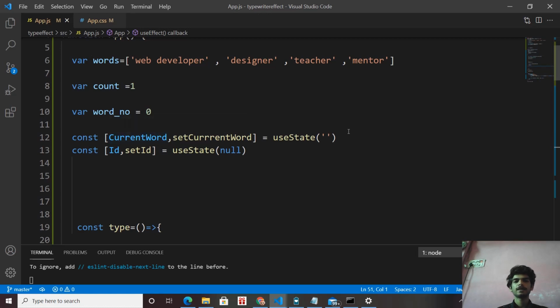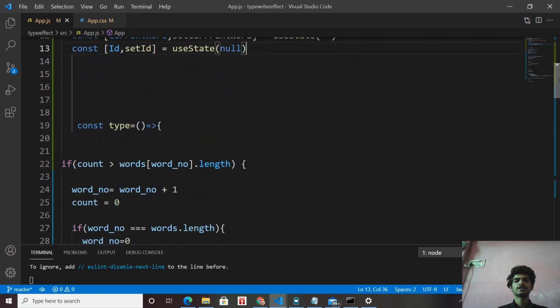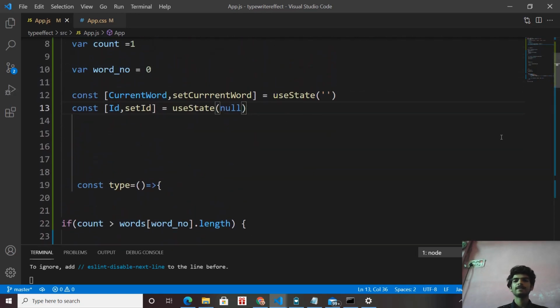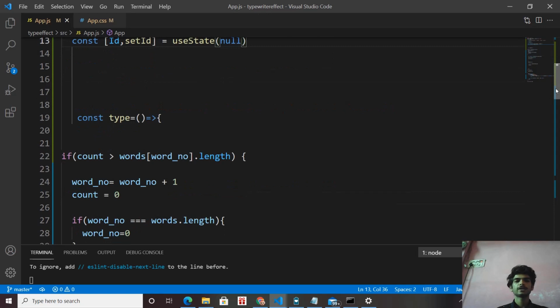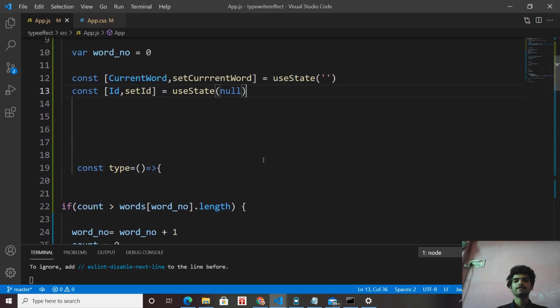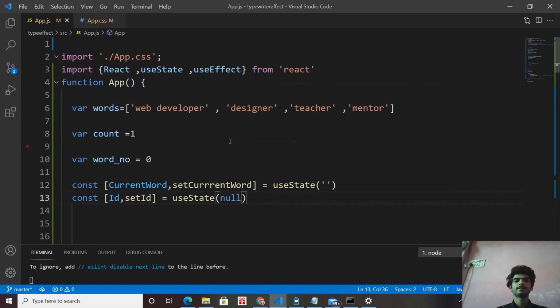That's why we have defined a use state current word variable and another variable id, because id is going to store the last value of the id that set interval is going to return. So both these two variables have a dynamic effect on the screen. That's why I have defined them with use state, not with simple declaration. And these three variables have a scope of only one outside function, that is the type function. That's why I have declared them simply.